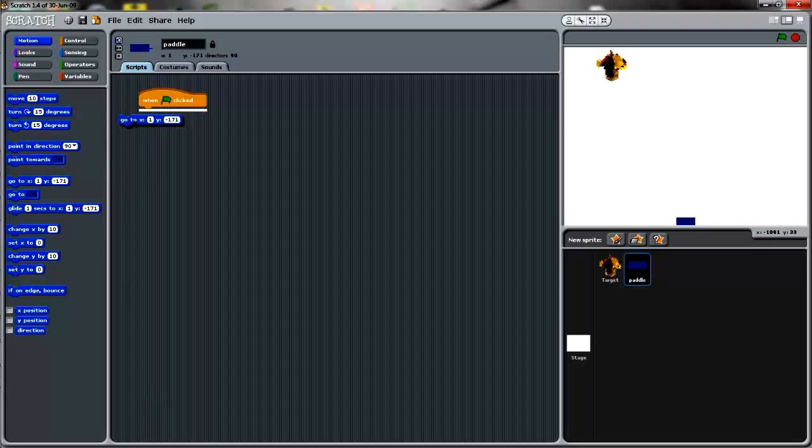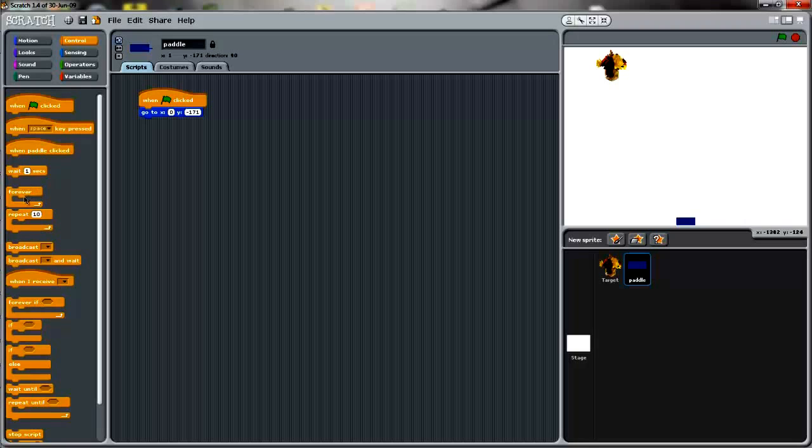I will put the pedal in the middle of the screen in the lower area of my screen. So the X position I'm going to put to 0, which would be middle, and I'm going to leave the Y as minus 171, which is basically the bottom of the screen. I'm going to put in a forever loop so that the code in this loop will be executed till the end of the game. And here I must sense if the player has pressed the left or the right arrow keys. So I'll use the if statement,